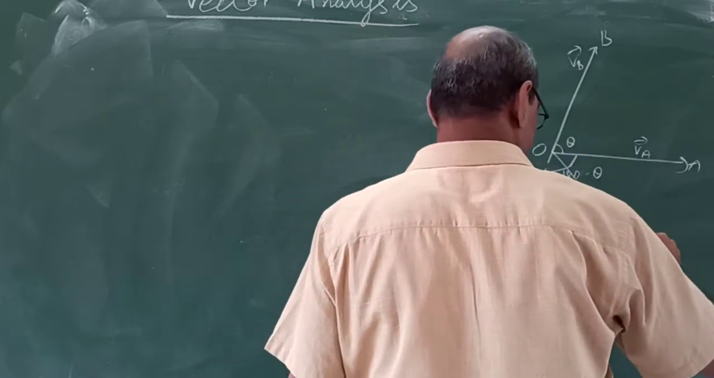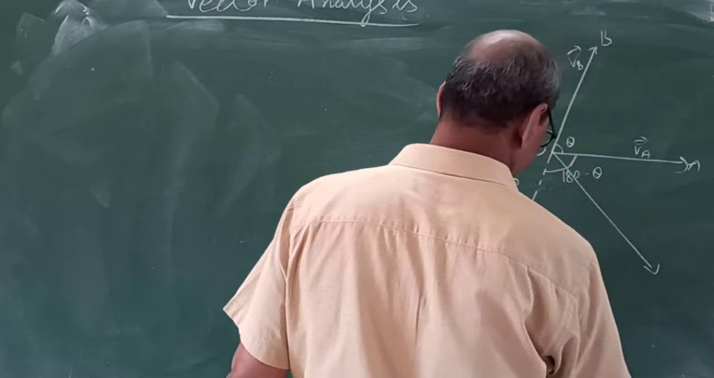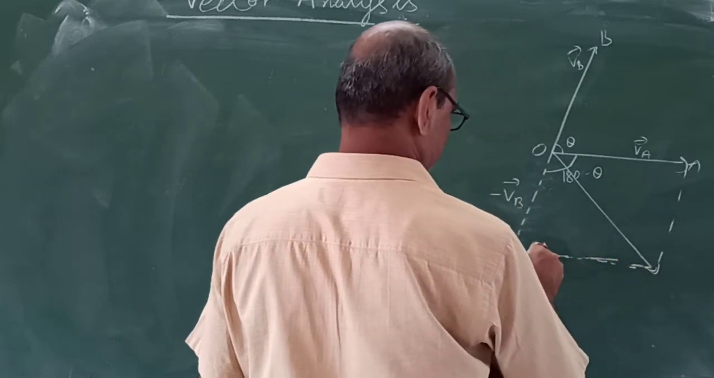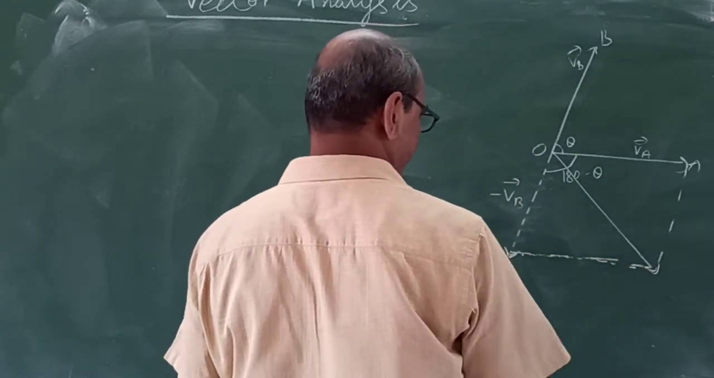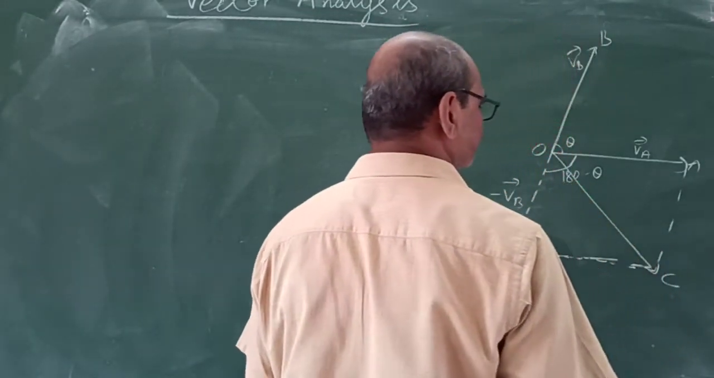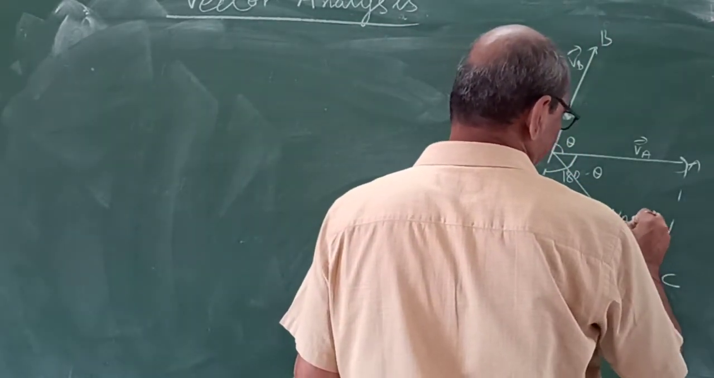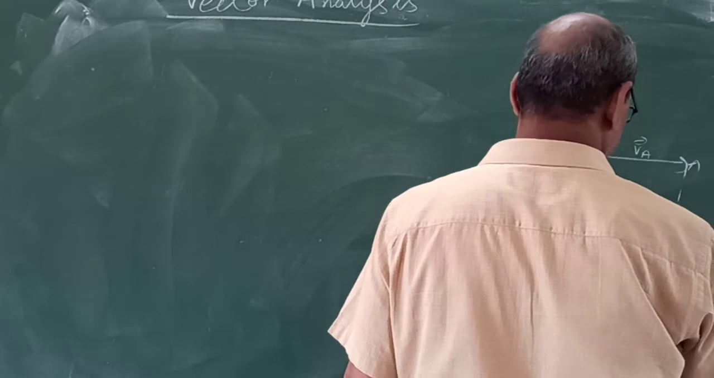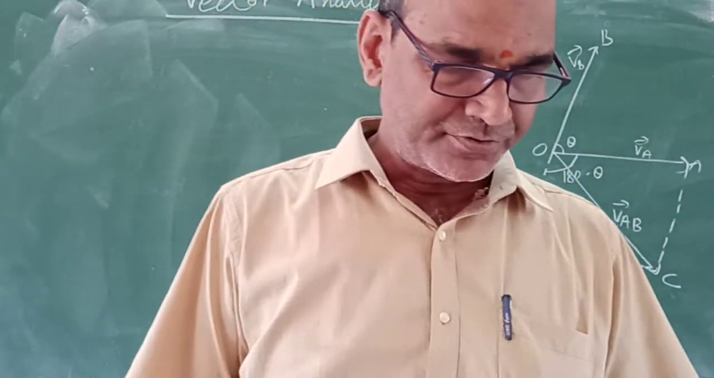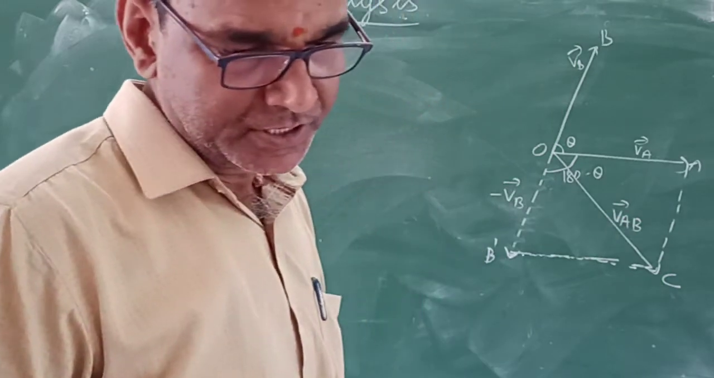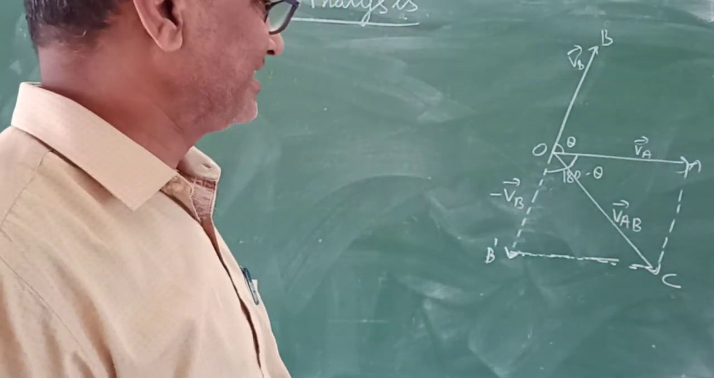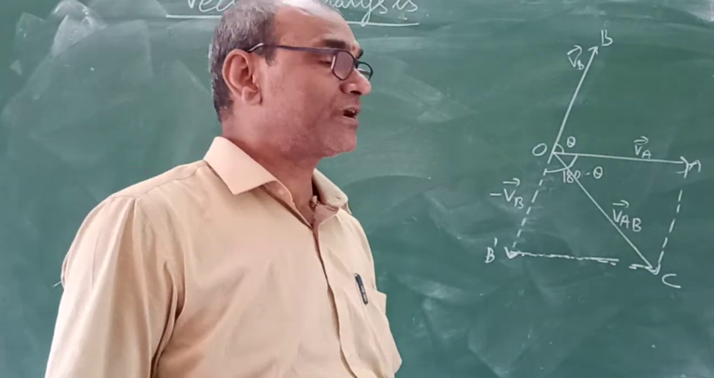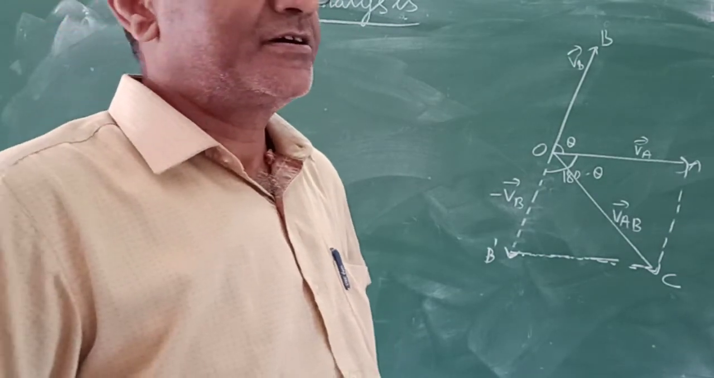The relative velocity of A with respect to B: find the line OB dash, OC. So the OC line represents the relative velocity of A with respect to B. Then from the parallelogram law of vectors, complete the parallelogram OAB dash C. From the parallelogram law of vector addition, all of you know that the resultant vector R is equal